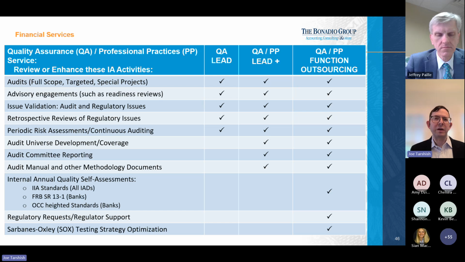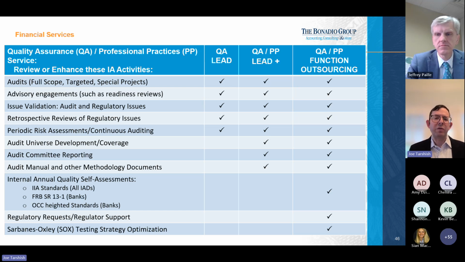We want to, on a continuous basis, make sure that we are in touch with the risks across the organization and update those as needed. And that's done through continuous auditing. Those are the functions that we talked about, your QA lead or basic QA function, in-house or outsourced, certainly will address